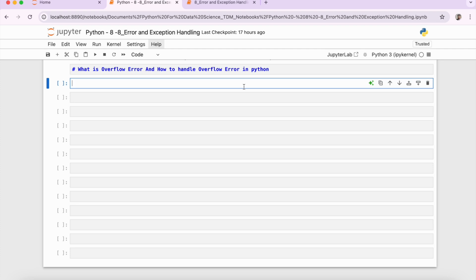Imagine you are trying to fill a cup with water, but you keep pouring until the cup overflows and spills everywhere. Similarly, when a number exceeds the maximum limit that can be handled by Python's floating point number, an overflow error will be raised. For example, if you are performing calculations involving large exponentials, such as raising a number to a very high power,